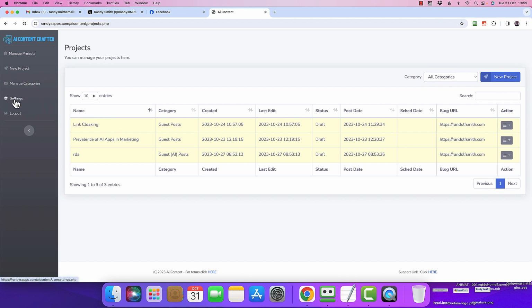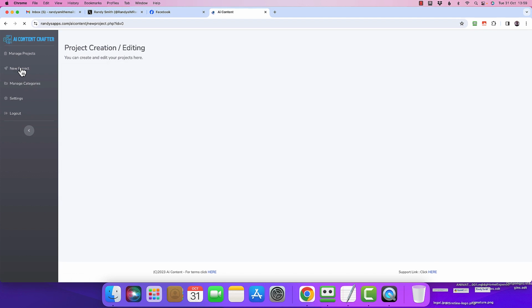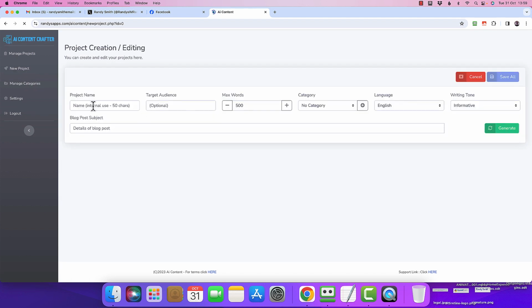First time you'd go to settings, add your API key, and if you want images, your Stability API key. Then from there you could come into new project or manage project. So you would normally click new project, and on there all you need to do is give it a name for yourself, enter the target audience that you want the blog post to target, the number of words you want,